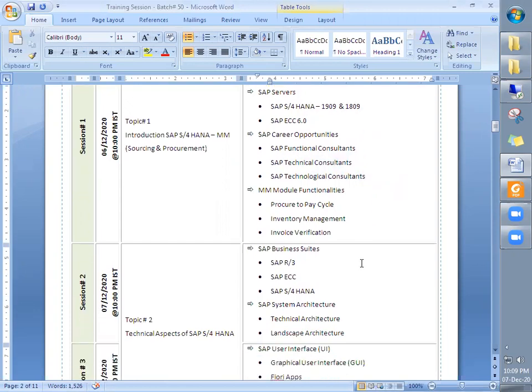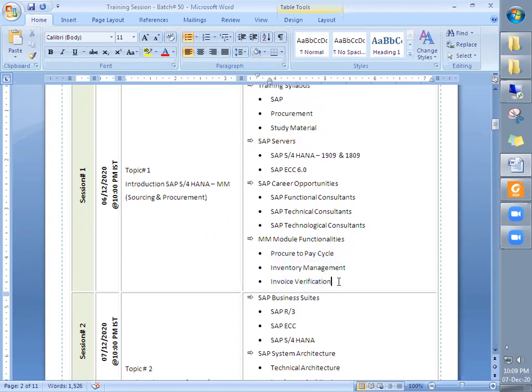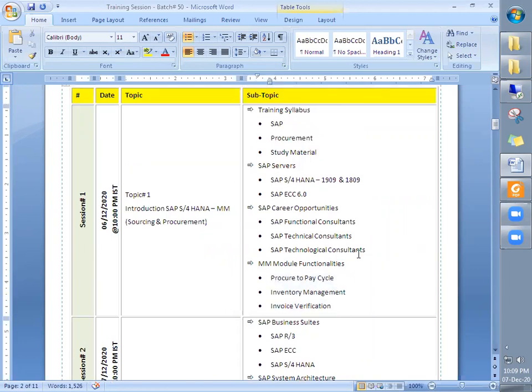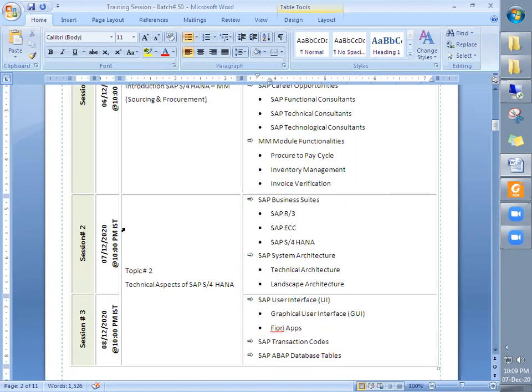We also discussed briefly the module functionalities, the procure to pay cycle, inventory management, and invoice verification. This was discussed in brief, because for each one there is a separate topic which we will discuss in detail later on. These are the topics which were covered in session number 1.